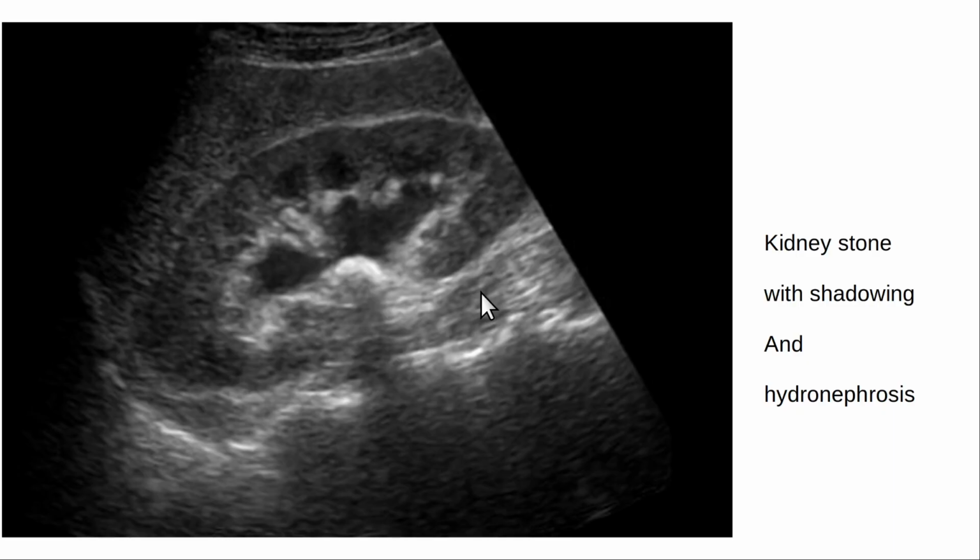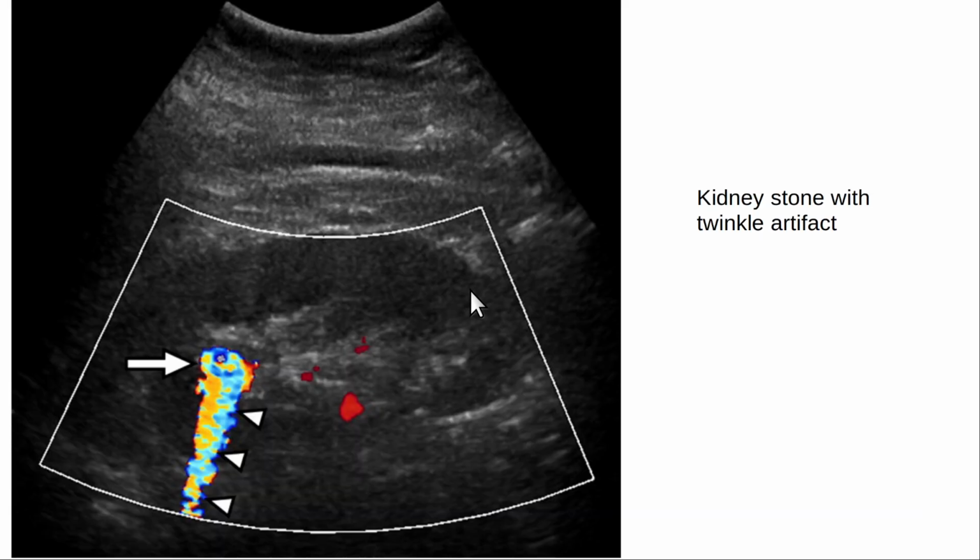Oh, so by the way, another important point is that this kidney stone does not have hydronephrosis. The renal pelvis is not dilated. Okay, but on the next one,